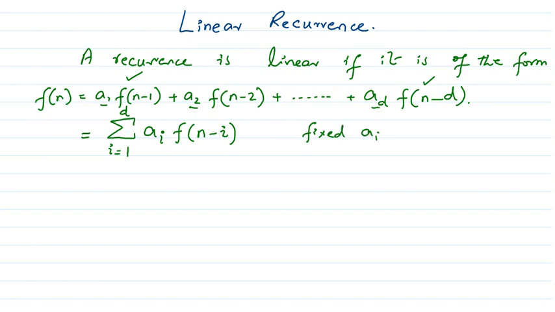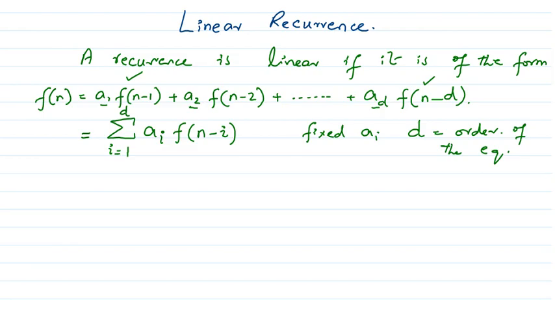So this has some fixed values of ai, because they are coefficients or constants, and we say that the order of this linear recurrence equation, order means up to what maximum delay your linear recurrence equation is going, right? Like n-1, n-2, n-3, and so on. So what was the last term? That denotes the order of the linear recurrence equation. So d is basically the order of the equation. You can say the order of the recursive equation.